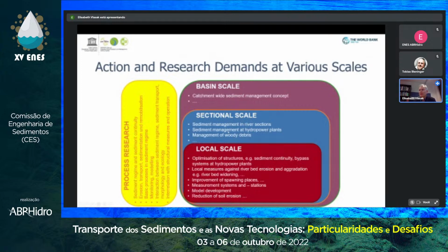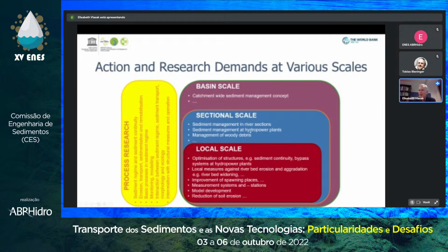Now you could put it like this as well. What you can do then for the basin scale, as a consequence now, we say we need a catchment-wide sediment management concept. I can send you this as well. There's a European, very new, only 1-2 weeks old, I think now, a guidance document from the European Commission on sediment management, and there's also a description of what the contents of a sediment management concept should be. The idea is to look into the catchment and to really get into the negotiations, let's say, or the discussions between the different stakeholders. How do we manage the sediment in a better way?